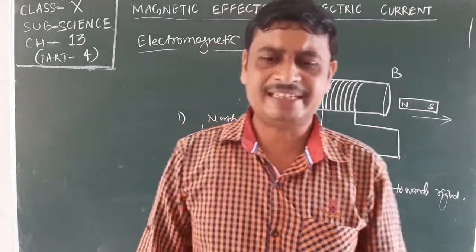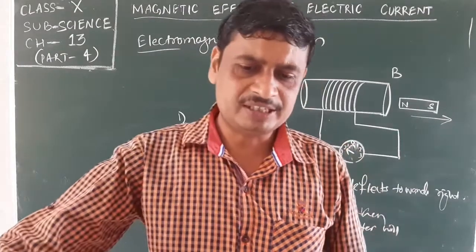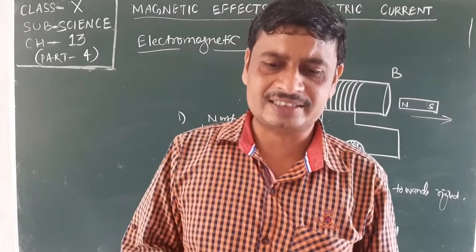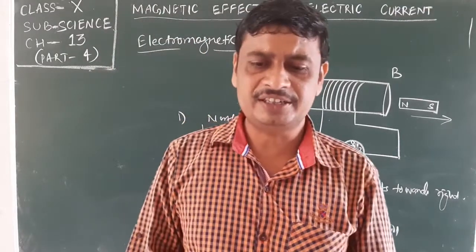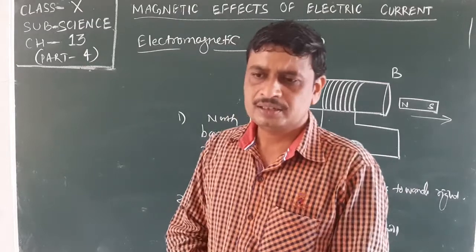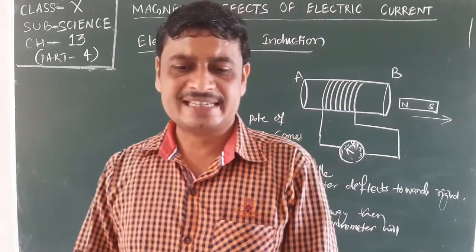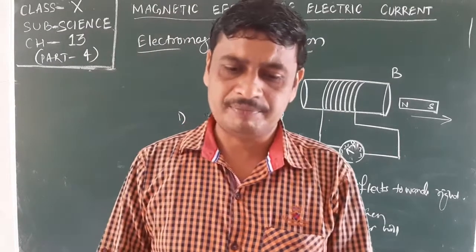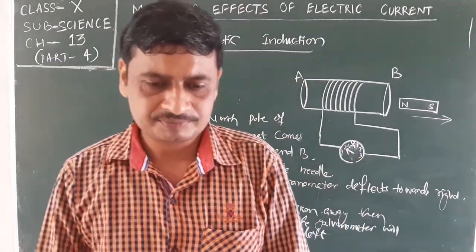Now place the magnet stationary at a point near to the coil. We see the galvanometer deflects towards right when the coil is moved towards the north pole of the magnet. Similarly, the needle moves towards left when the coil is moved away from the magnet. When the coil is kept stationary with respect to the magnet, the deflection of the galvanometer drops to 0.